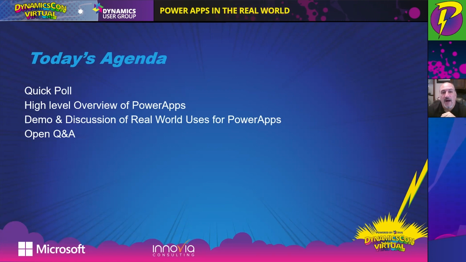But overall, we're going to talk a little bit about Power Apps. So don't worry if you already know about Power Apps, that's fine. This is just so everyone can get up to speed and have an understanding. Then we're going to dive right into some real world examples of how we're using Power Apps today, how customers are using them, and hopefully open up your mind. The presentation is to open up your mind to the world of Power Platform and the apps.